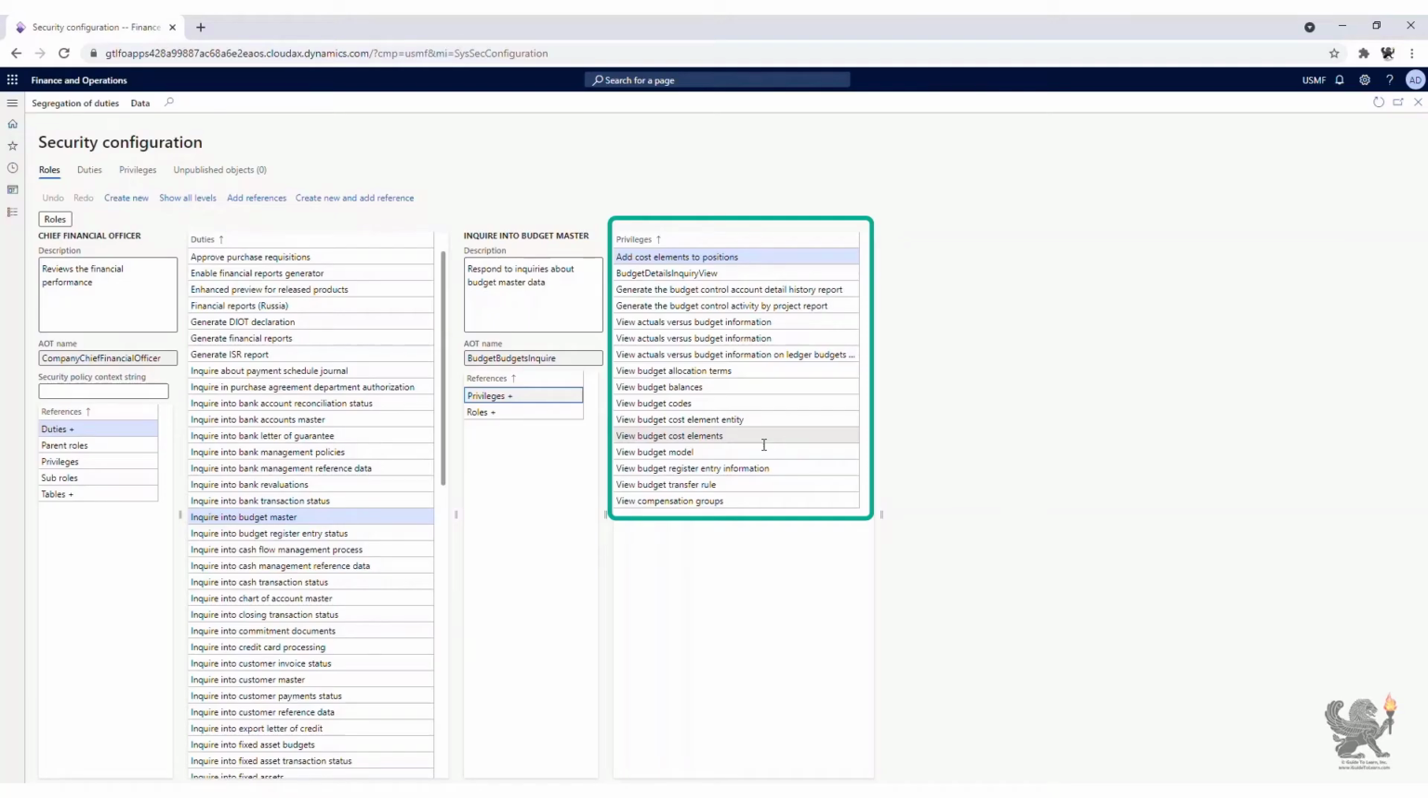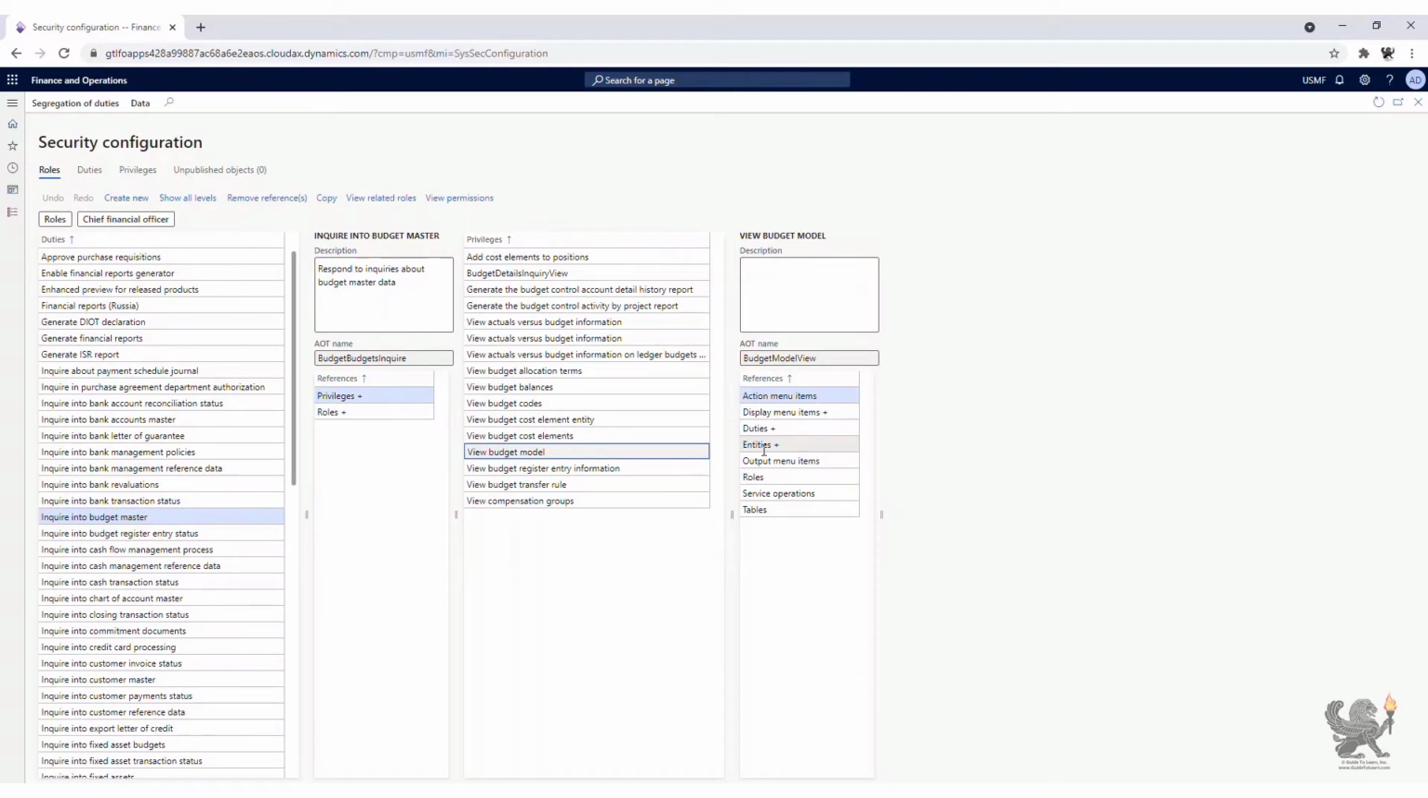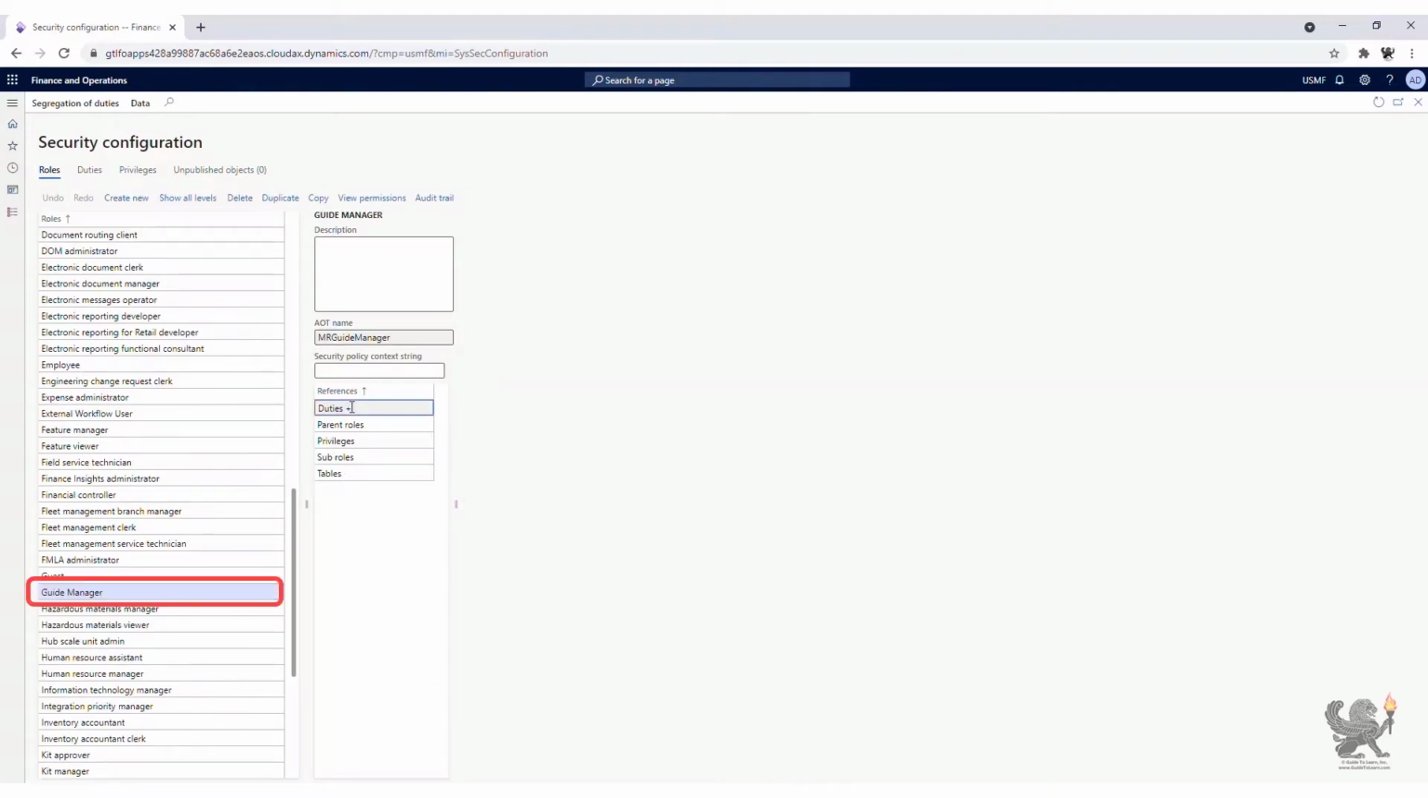As an example, when I click on View Budget Model, you notice the description and the AOT name of this specific privilege, which has the reference to action menu items, display menu items, other duties, entities, output menu items, rows, service operations, and tables. I can continue and select a different role, such as Guide Manager, which is as part